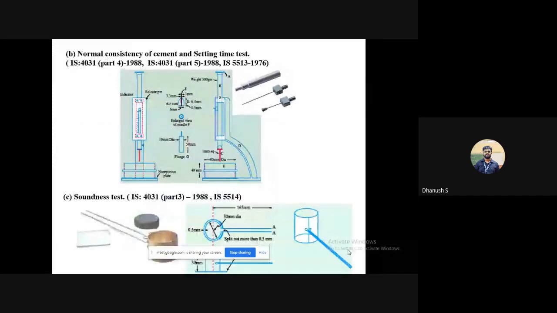Okay, going to the next test. It is called the soundness test. What does soundness mean? Anyone? When we say things like a sound mind and a sound body, what does sound there mean? No one? In good condition. Correct. In good condition or good health.